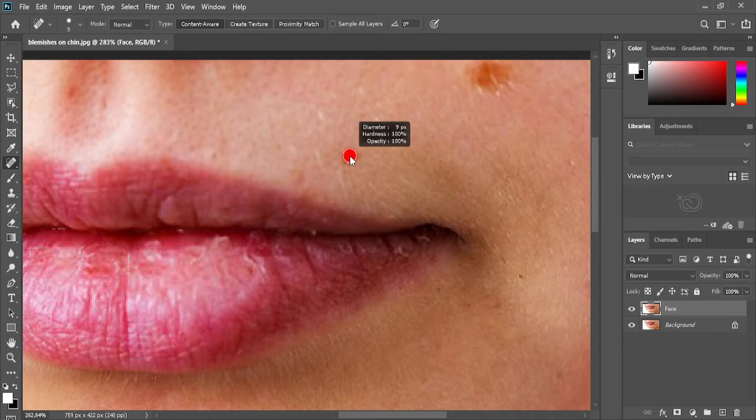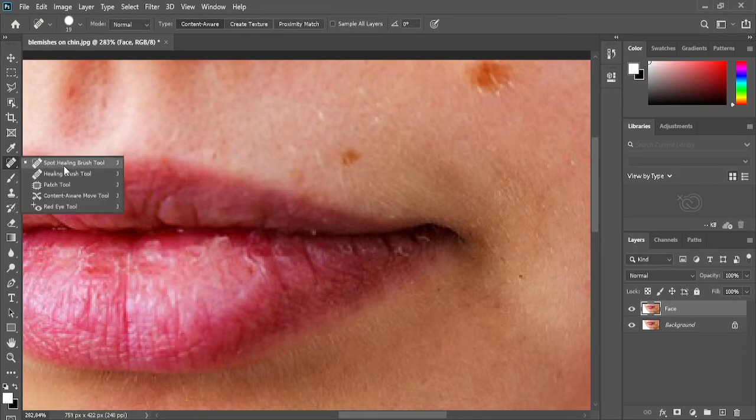You just want to make it an inch bigger than the selected area. Like it says, spot healing, it means it samples inside it. It doesn't sample anything outside the selection. And that's why we want to cover it up.